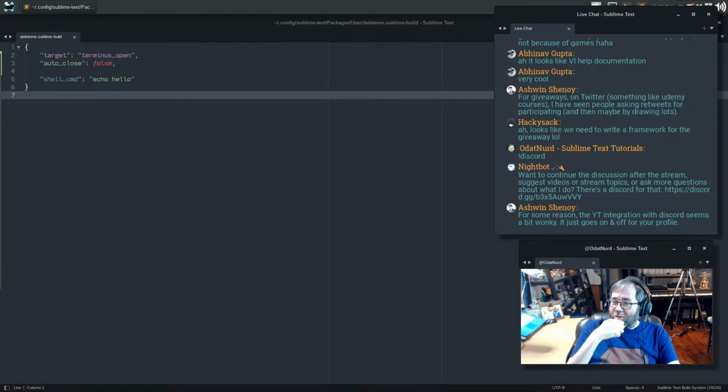For some reason, the YouTube integration with Discord seems a bit wonky. Oh, is it not displaying anything right now? It was very briefly. I was very intrigued by that whole operation. That's an unfortunate turn of events. Normally, I set a custom status for that and say the YouTube thing. I thought that might be a new thing: streaming on YouTube.